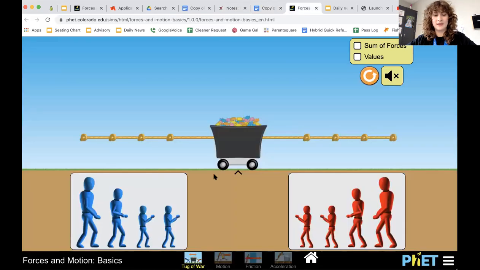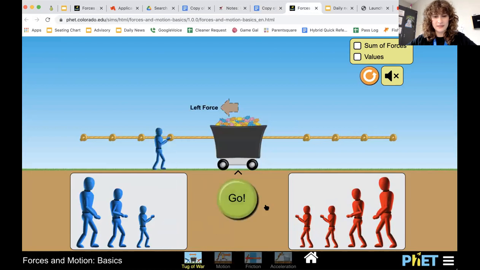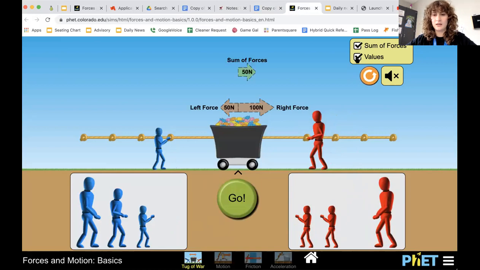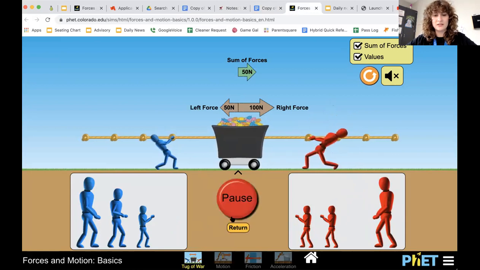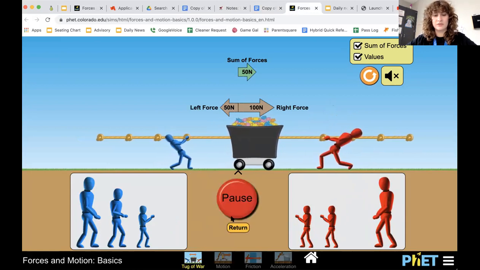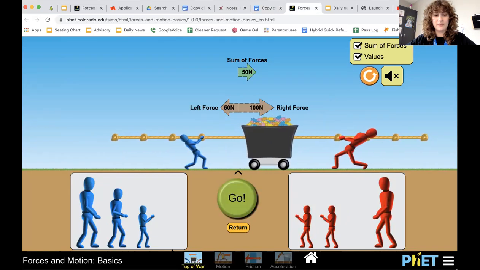First, let's go back to that tug of war. So we've got a blue team and a red team. We have the same 4 players. We have small guys. We've got medium guys. I like to check the sum and the values of the forces so I can predict exactly what's going to happen with accuracy. So if I tell these 2 people to go, as you might expect, the red team is going to start winning. Now, what if I pause that and I have some teammates join the blue team,